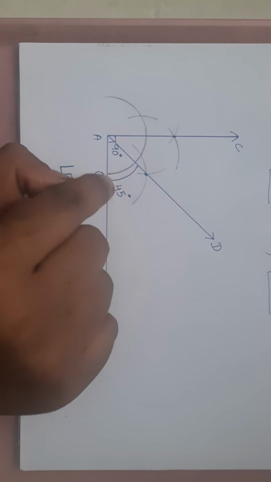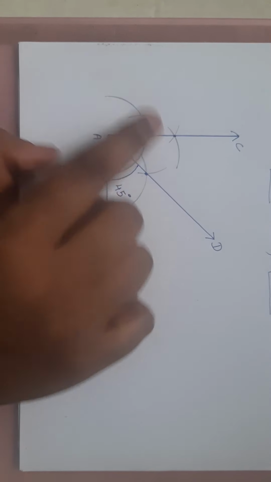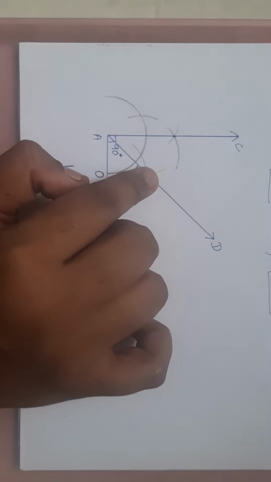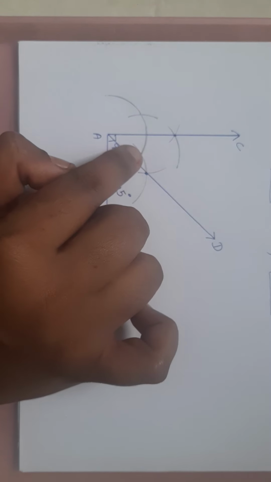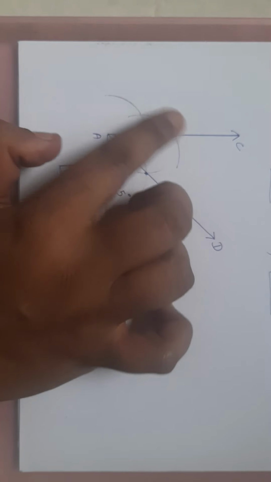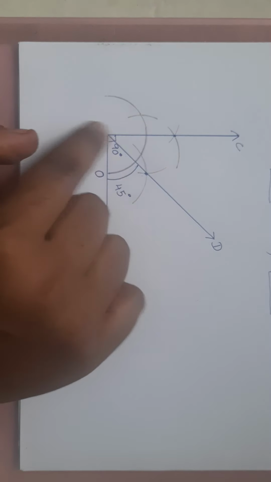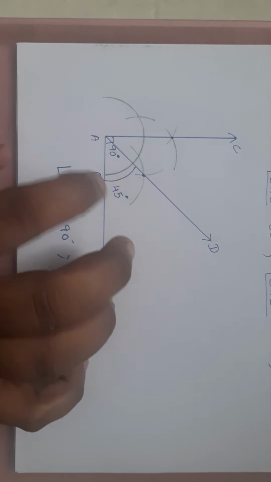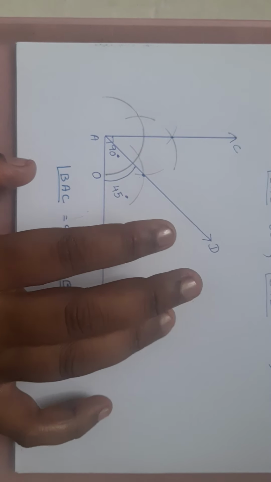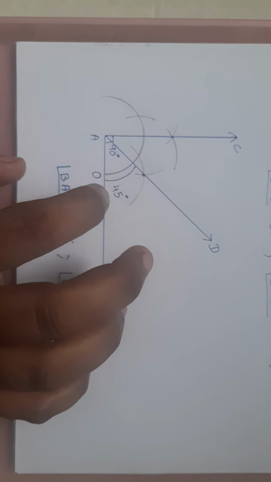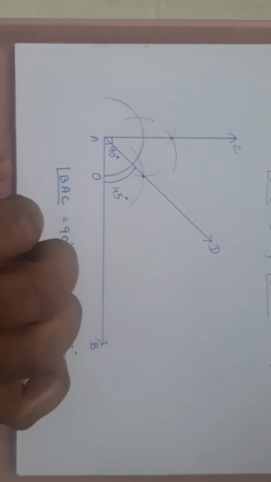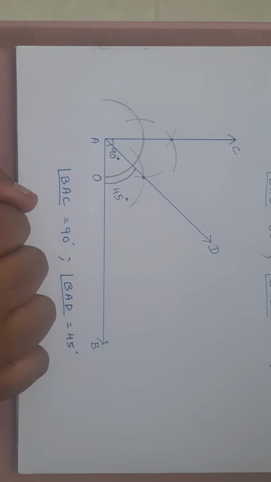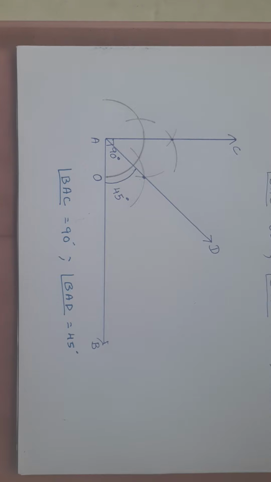Then after the ray's initial point, keep the needle, draw one arc. This arc's initial point is O. Then keep O as the initial point, draw arcs for 60 degree and 120 degree. Using the 60 degree arc and 120 degree arc, draw the above arcs, you will get one intersection point, that is 90 degree. Keep the needle again at O point. This is the diagram of 90 degree as well as 45 degree. If in the exams they ask you for 90 degree separately, 45 degree separately, you can draw separate diagrams also. No problem. Okay. I will show you the separate diagrams also.